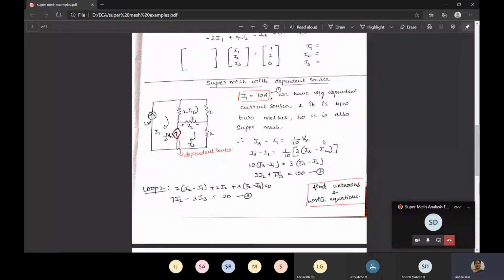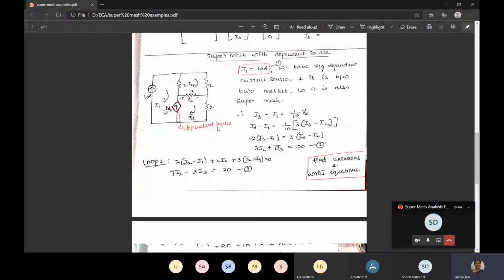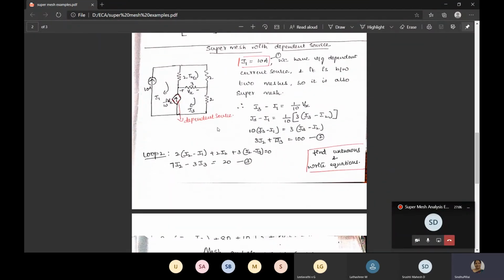Okay. This is again, what is this dependent source? Yesterday we had seen voltage dependent current source, we had seen current dependent voltage source networks. So I have shown a network here. Just observe the network. Again, this also you have to find using mesh analysis only. So first step, again I'm repeating, we have 3 loops, assume 3 currents, so I1, I2 and I3 in the clockwise direction. That is done.